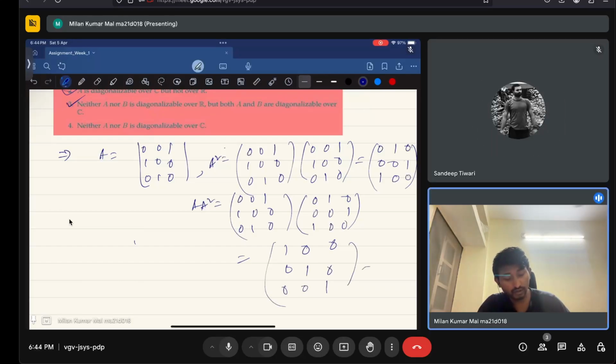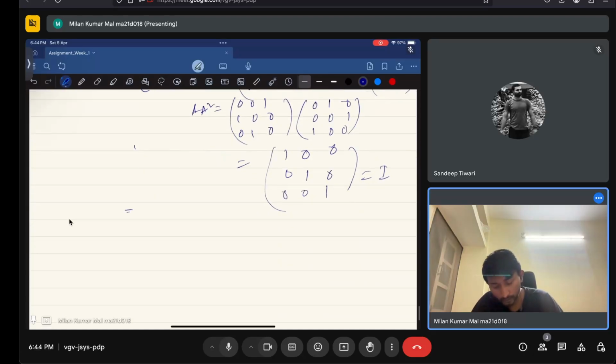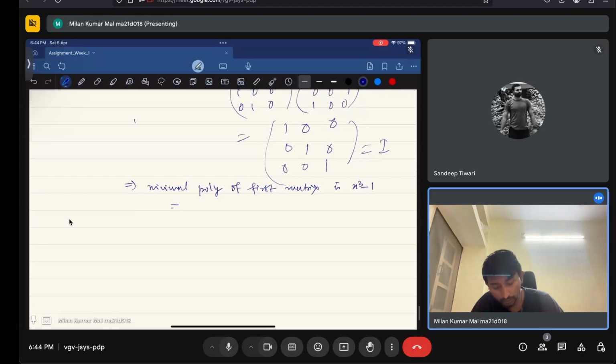This is the identity, so clearly A cube is the identity. Therefore the minimal polynomial of the first matrix is x cube minus 1, right? Therefore the first matrix is not